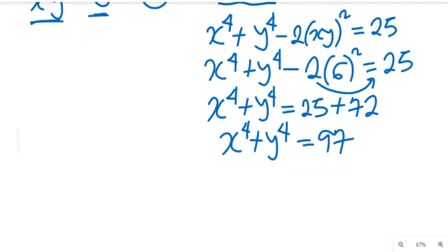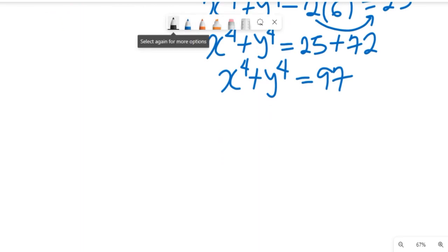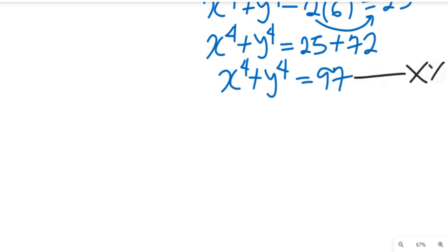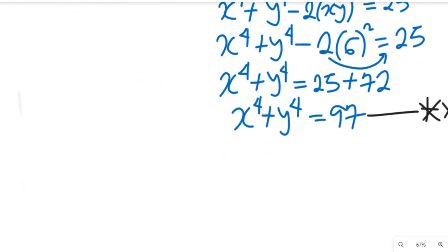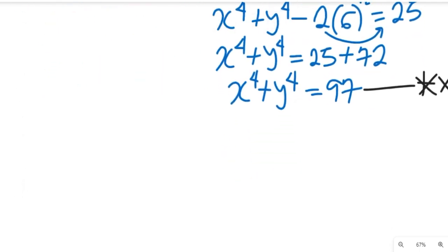So from this point, we are going to do something for a purpose. For a purpose, we are going to look at this equation, very important. We are going to look at the square of the initial value we are given. We are given x square plus y square. We're taking the square of this. If we square this part, we are going to have